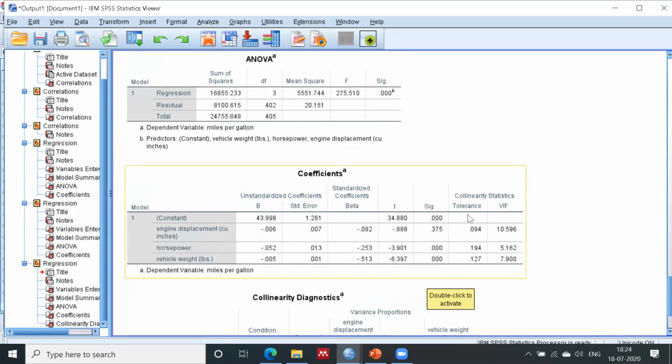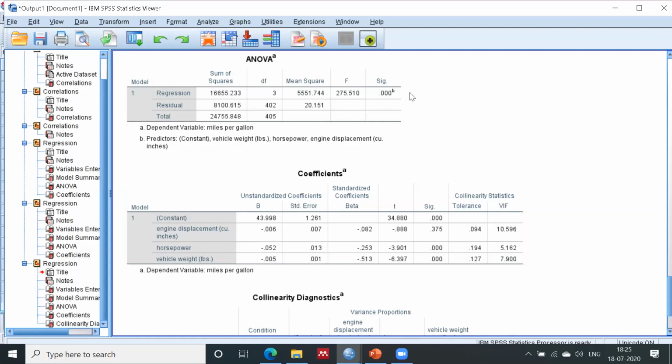Now two more columns have been created, which are all about your collinearity statistics, and you will see that the VIF value of each independent variable has been calculated. For engine displacement, that is 10.596. For horsepower, it is 5.162, and for vehicle weight, it is 7.9. Right. Now, VIF has been calculated. VIF is your variance inflation factor.